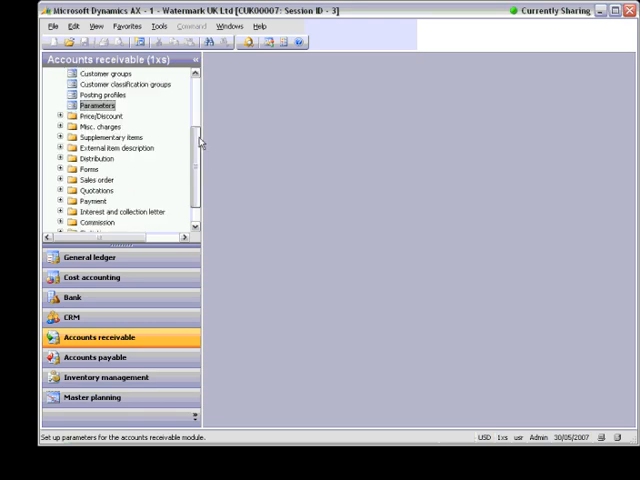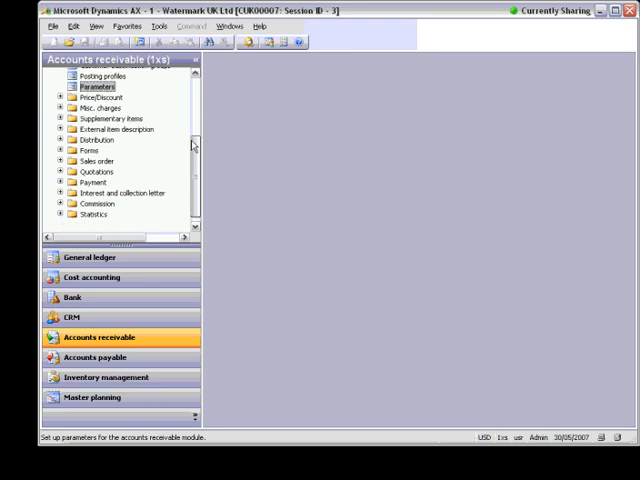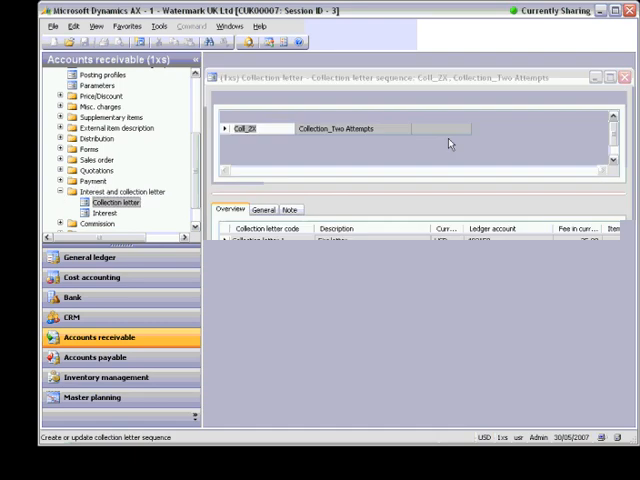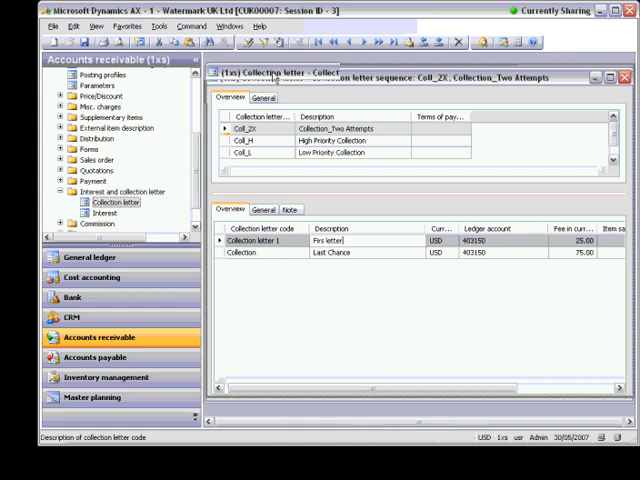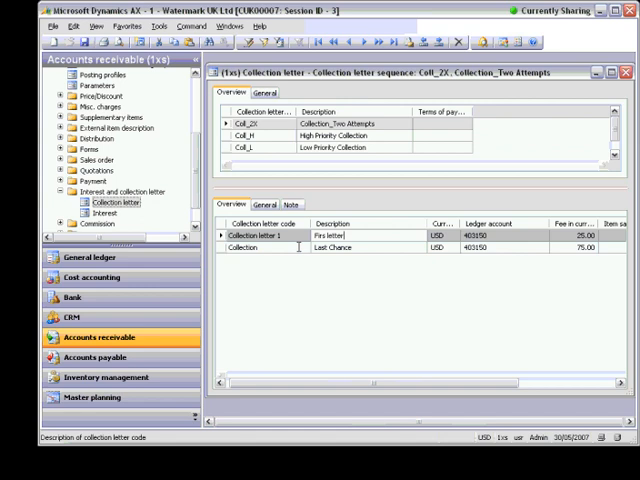Next step is to define the collection letter code. In Accounts Receivable, under Setup, open the folder Interest and Collection Letter. Open the form Collection letter. Here you see my collection letter record. In the collection letter sequence, I created a unique code. On the bottom of the form, I create the lines: collection letter 1 and so on. So you can define the ledger account for the fee for the collection letter,